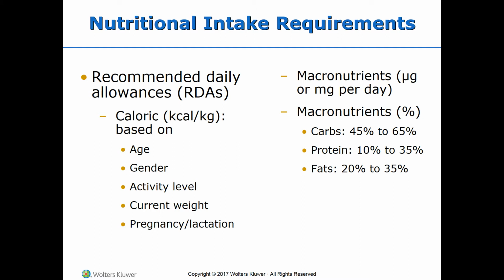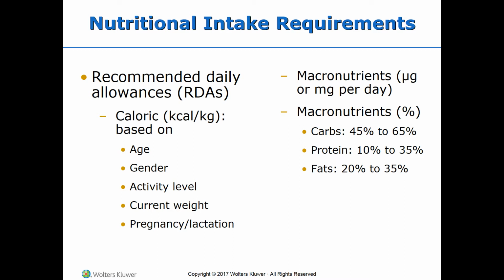Within these nutrients, we have the RDAs, or recommended daily allowances, which are the minimal amounts of nutrients that someone can ingest according to the different characteristics of this person. So we have these RDAs with recommendations based on age, gender, activity level, current weight, and physiological condition, like if a female is pregnant or lactating. The nutrients can be recommended in amounts of micrograms or milligrams per day, and also can be recommended